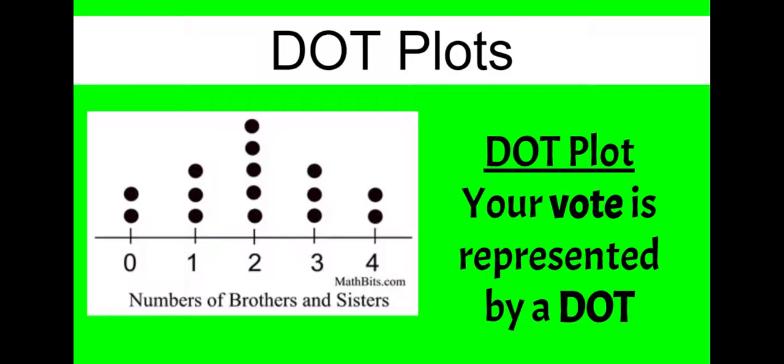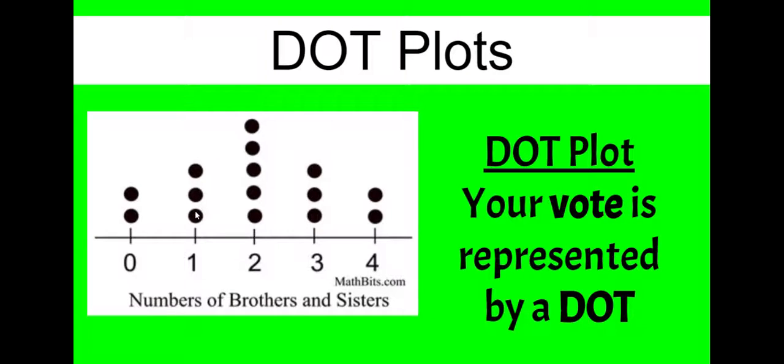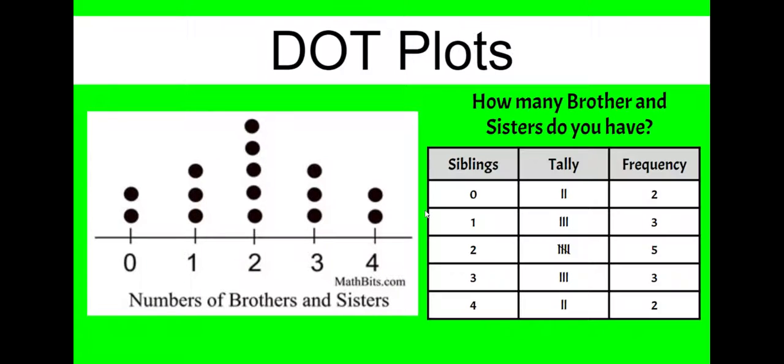So another way that you can analyze a dot plot is by matching it to the frequency table. So always remember that your vote is represented by a dot. So if this question were number of brothers and sisters, these numbers down here represent your title. Your vote is represented by a dot. So we're going to match these up. Okay, so 0 siblings